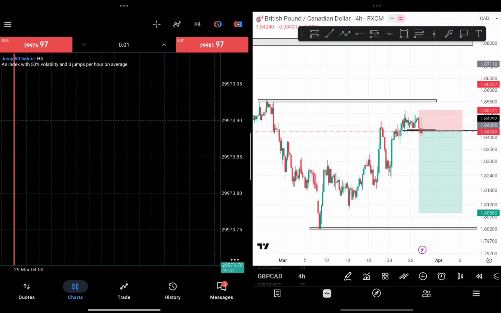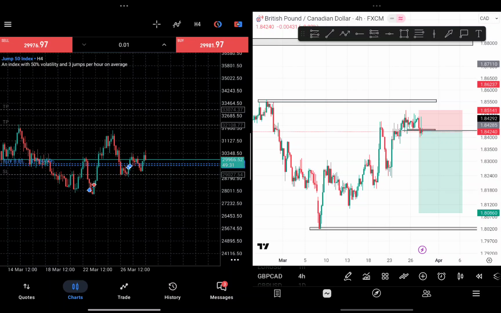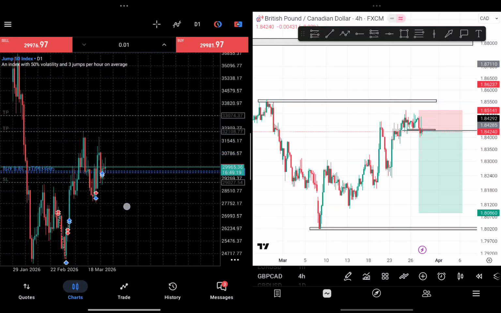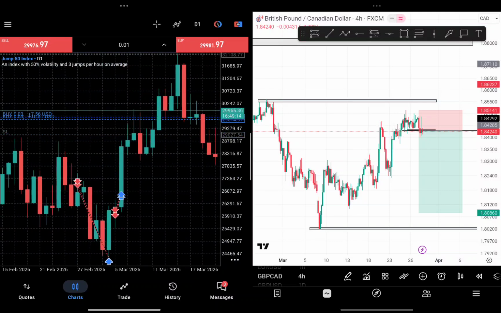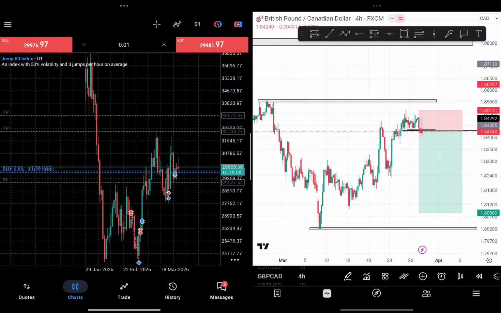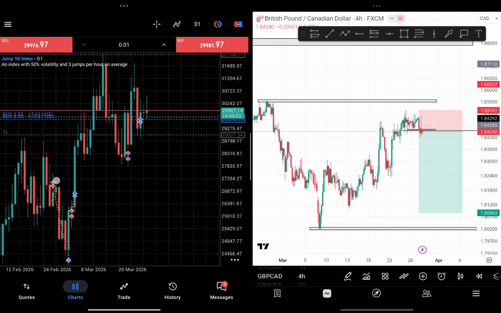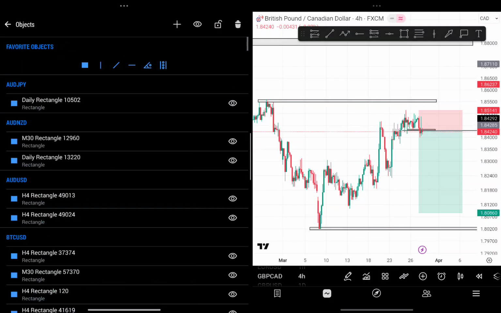I don't know why it's taking time to load. Okay, yeah. So this is Jump 50. I took a buy because of the overall general trend from it. This is a pretty interesting pair because I've had stop losses hit previously. When I attempted selling this, I had my stop loss hit previously in this area and this area, but now the trend changed when it broke this place,